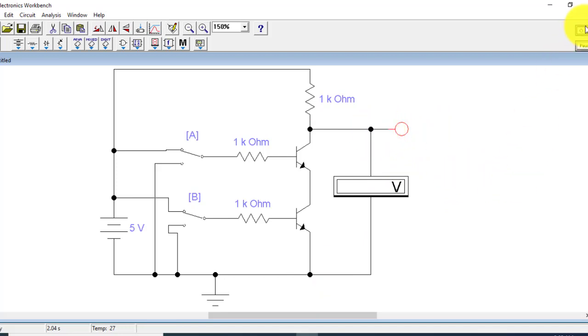Now you can see that here, if the combination is 0 0, the output is 1, because both of the transistors are in non-conducting mode, and all the voltage will appear on the voltmeter, because the current is flowing through this path.